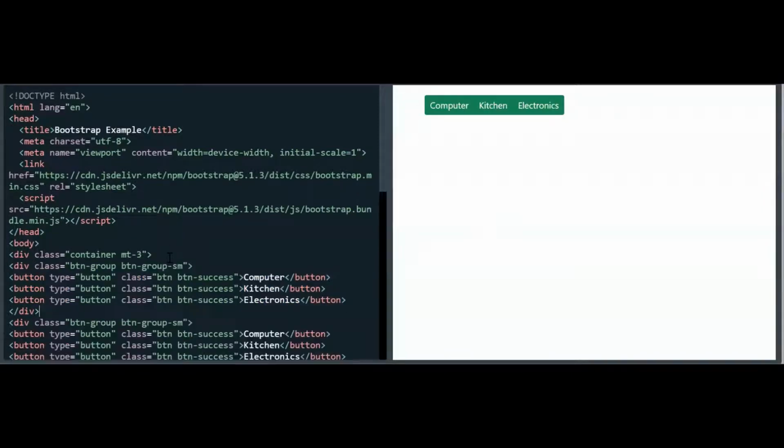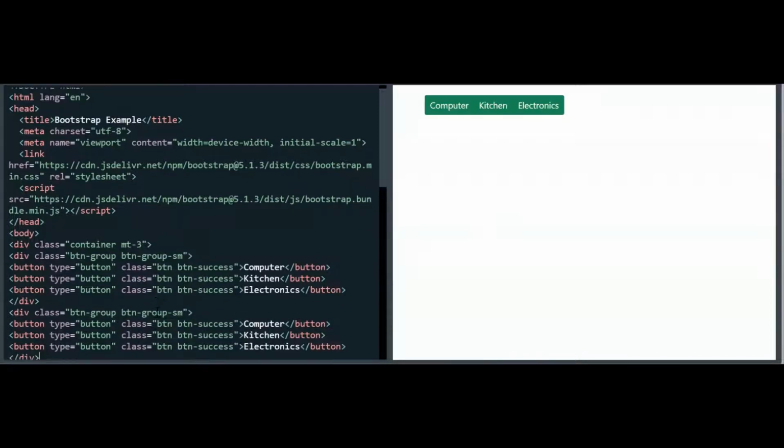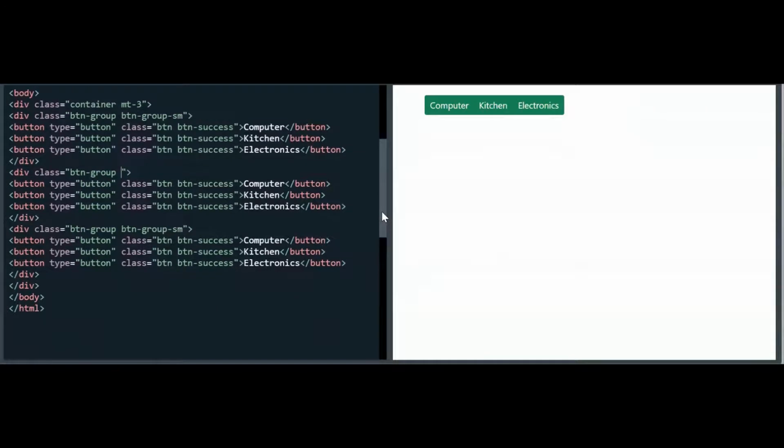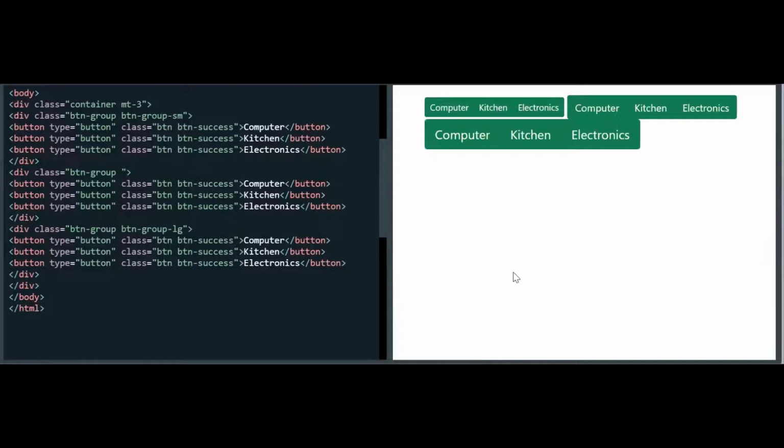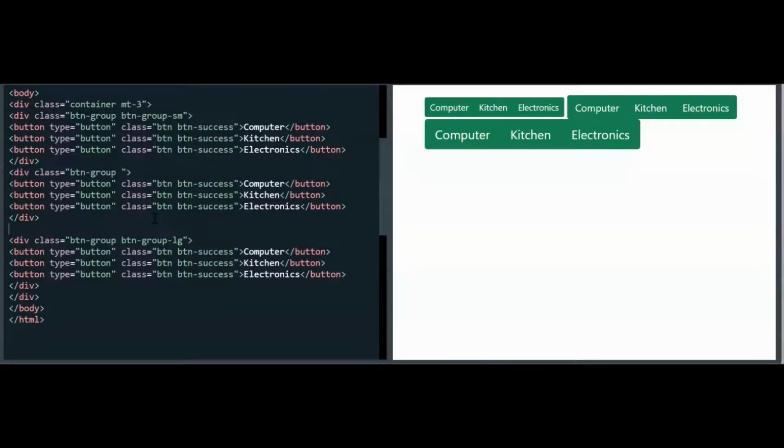So let me give the first button group a small size, the next button group I'm keeping as default, and the next button group I'm keeping as large. So I'm making this LG. Let me load it once again, so you can see that this is the small. Let me give a break here. Okay, so now you can see that